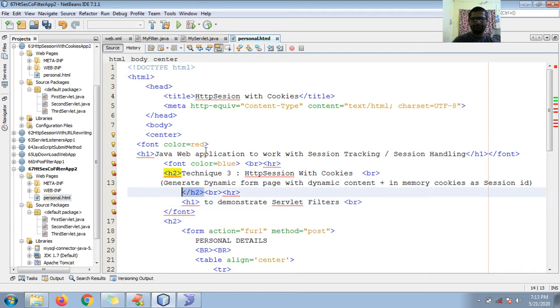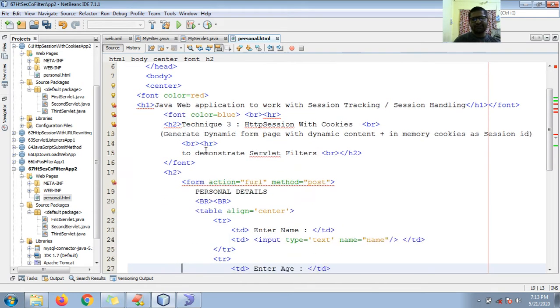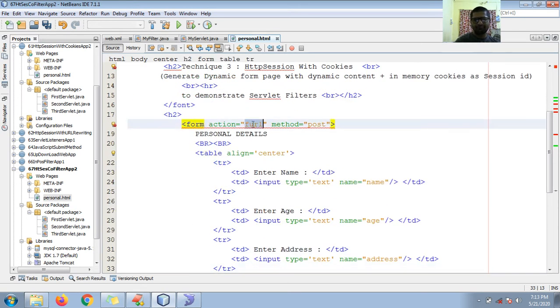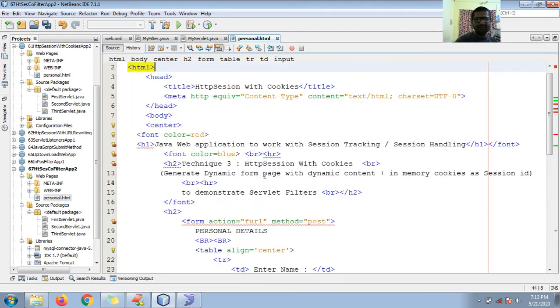Okay, fine. Fine guys, so you can see your personal form URL. Enter name, age, and address in my personal.html. Also I need web.xml, because did I configure web.xml?